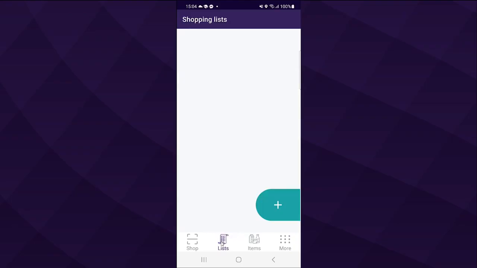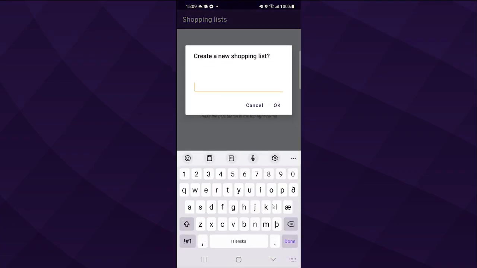So now you're logged in. These are lists. You can have shopping lists. You didn't have shopping lists when you were not logged in, but now you can create your own shopping list. So we have the option to put in shopping lists, and we can add items into the shopping list, and we can create as many shopping lists as we like. So let's start to create a shopping list. We press the plus, and we create a name for it. It's the weekend.